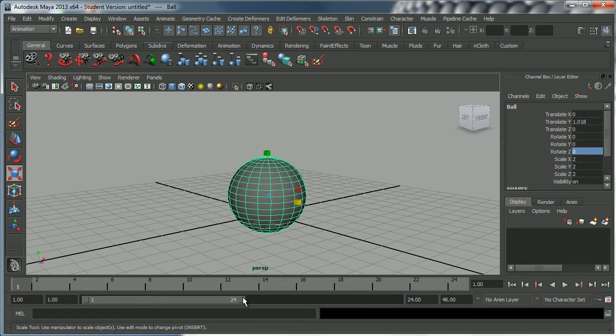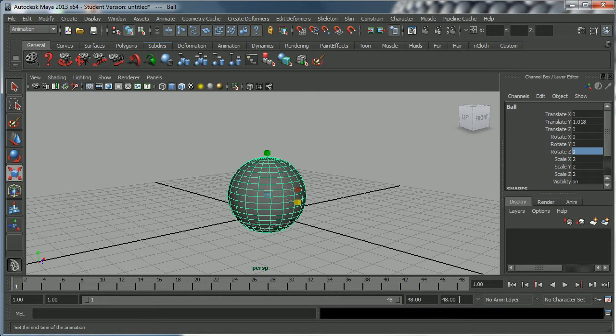And we can also adjust these numbers here. Right now, our scene is set to 48 frames, which is 2 seconds, although we can only see 24 frames in the timeline. And if I grab this little button here and take it over here like this, now we can see the full 48 frames of our timeline. Let's say we just wanted to be animating something that was 24 frames long. We could set this number to 24 here in this little window here, and now we would set it back to 24 frames. So go ahead and fool around with that a little bit and make sure you understand what